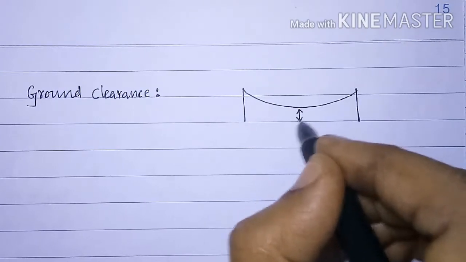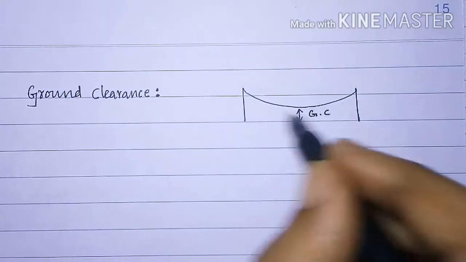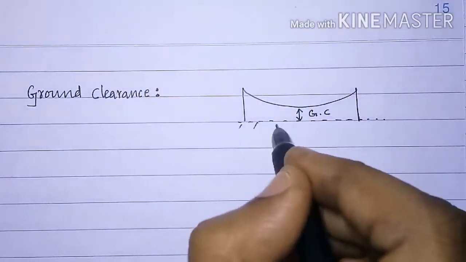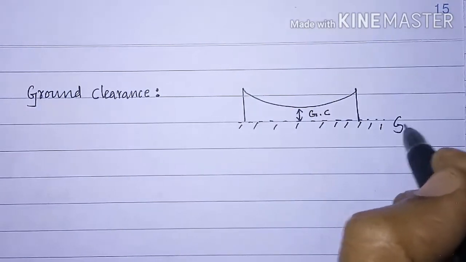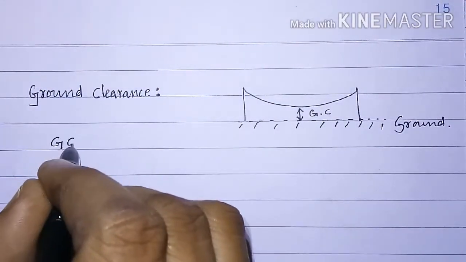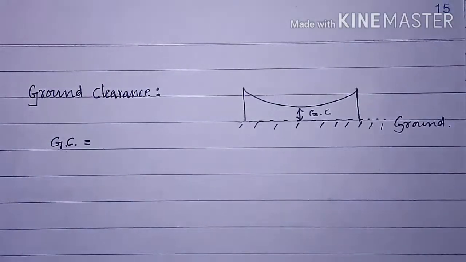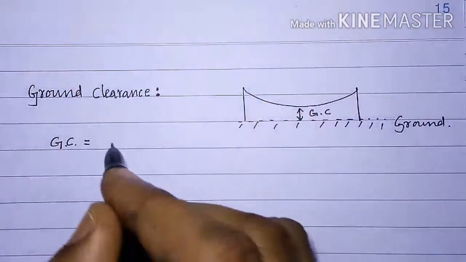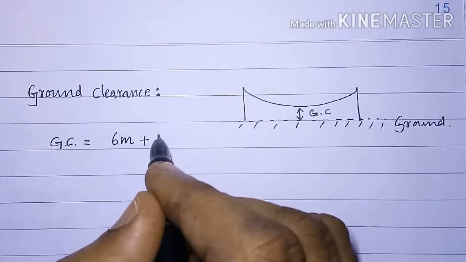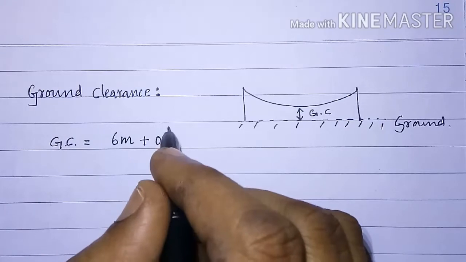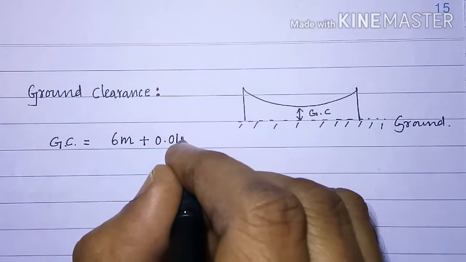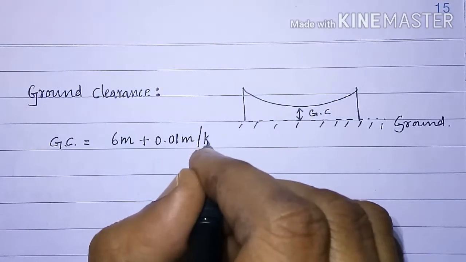This is the ground clearance if these are leveled supports. This GC is calculated as 6 meter plus 0.01 meter per kV,